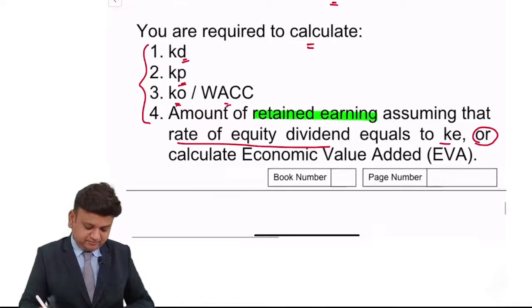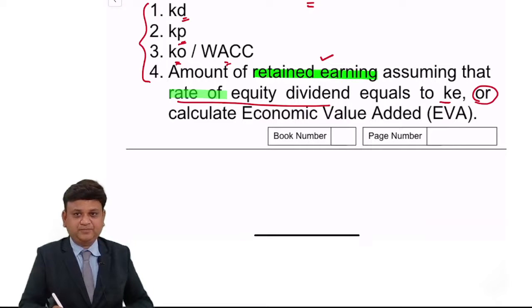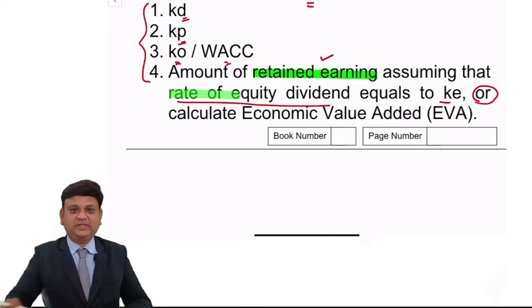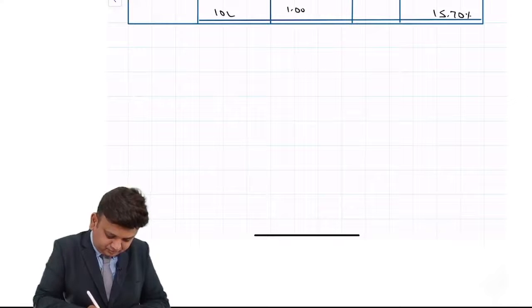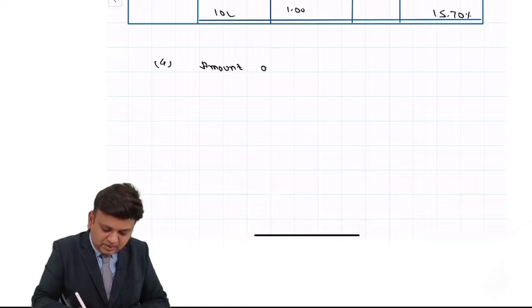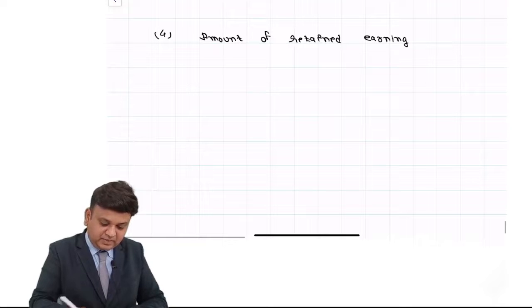Fourth question is, calculate the amount of the retained earning assuming that the rate of equity dividend equals Ke. That is the question. I want you to make the calculation of the answer and put your answer in the chat box. Answer of the fourth question. Amount of retained earning. In that write down,